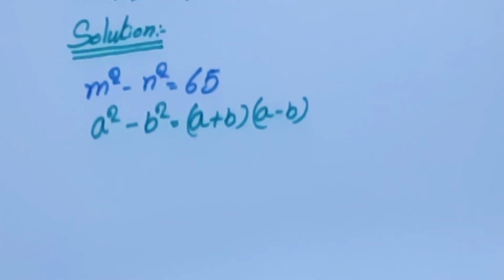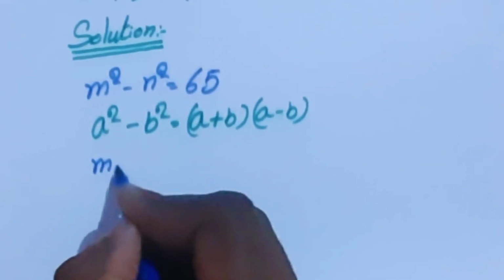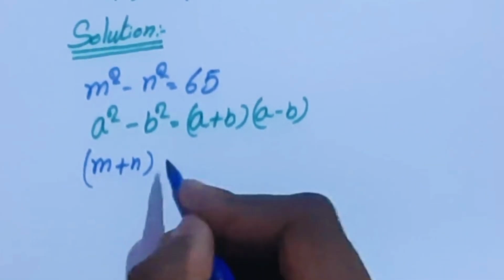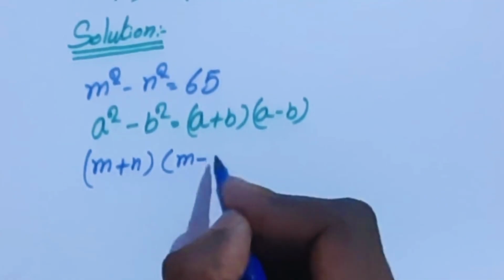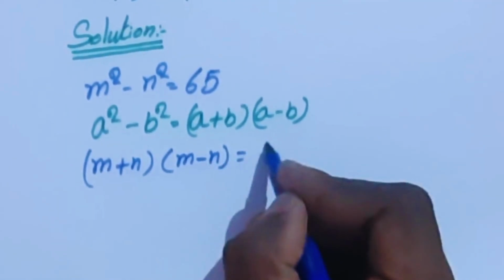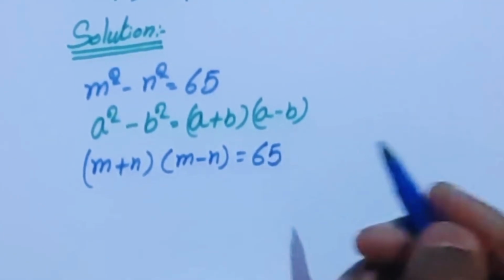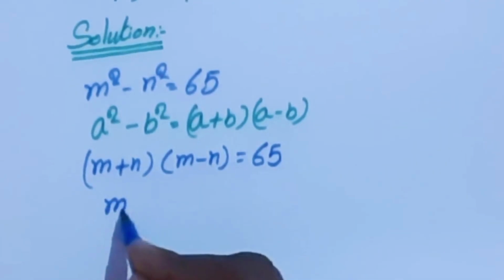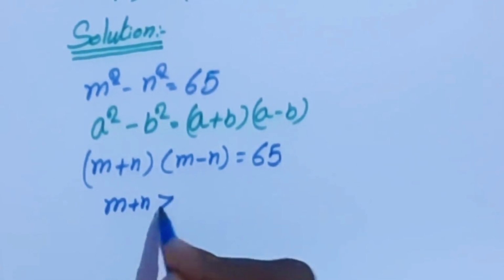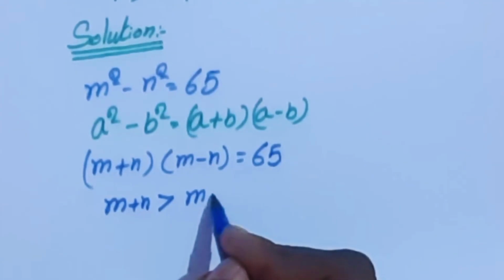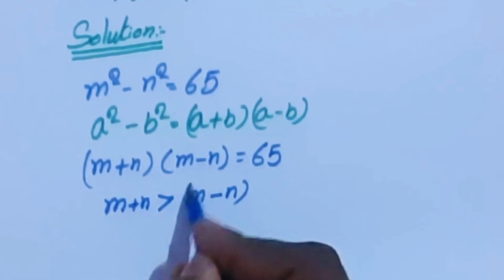So we'll get here (m plus n) times (m minus n) equal to 65. Here m plus n is greater than m minus n. So